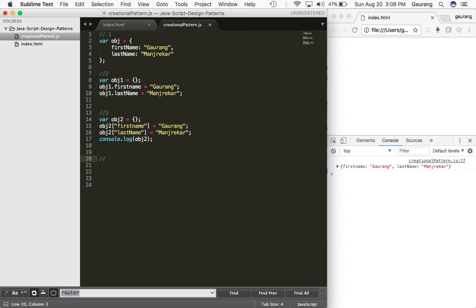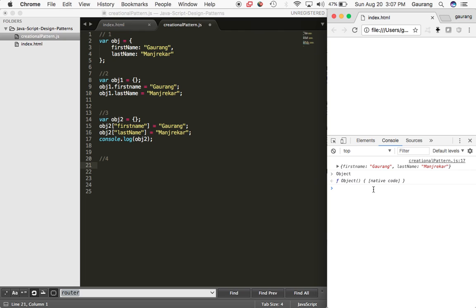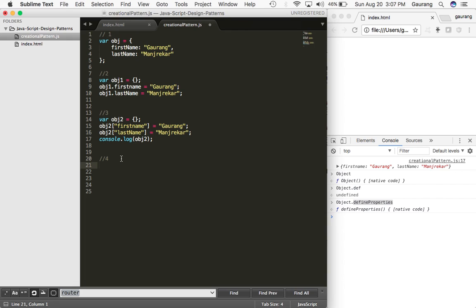there is one more thing, the fourth. As I had told you before, there is something called Object which is a global object in any HTML file. This object defines a global object which is floating throughout the application. It also has something called defined properties, which is nothing but something you can directly access to create variables. This is a prototype method of this particular object, which defines the properties on an object which is getting created. So how it can be possible is, you have to just write Object